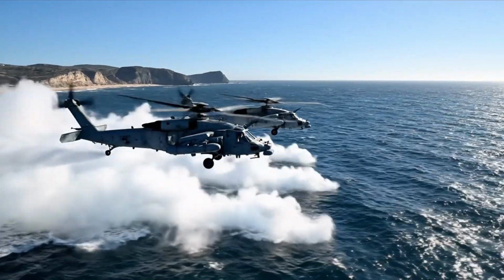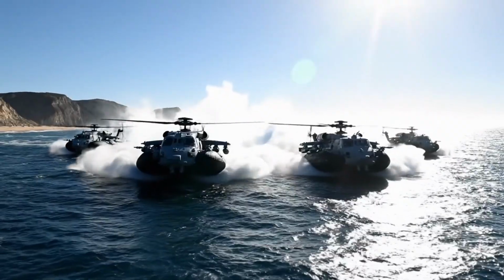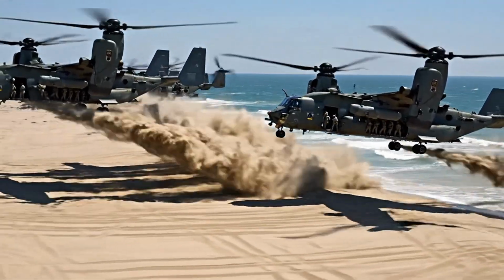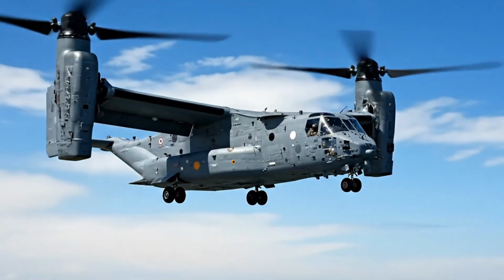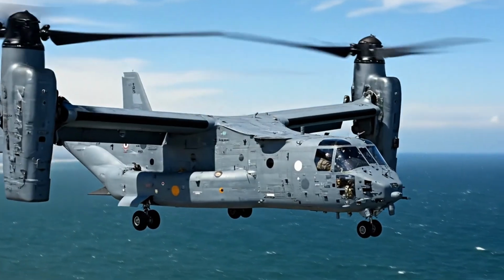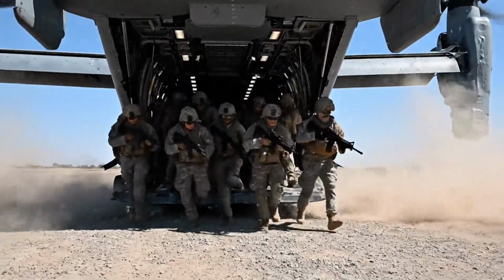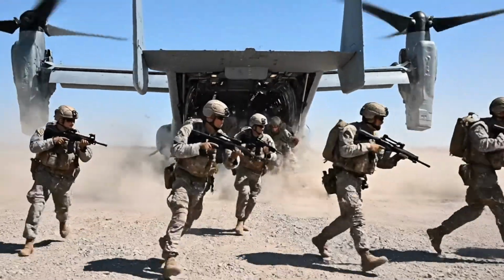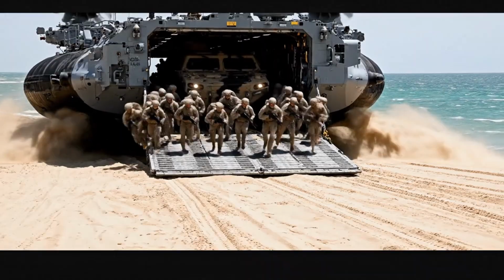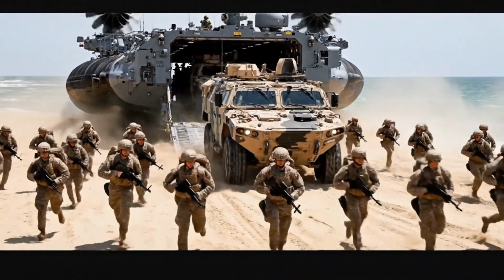Large-scale maneuvers begin, with air and sea forces coordinating their movements over the coastal waters. The deployment includes a mix of rotary wing aircraft, transporting personnel, and demonstrating air-to-ground mobility for rapid operations. Advanced tiltrotor aircraft are critical assets, allowing special operations forces to quickly land and move on the terrain after an air transit. Naval hovercraft deliver the ground component, bringing armored vehicles and a large number of troops straight onto the